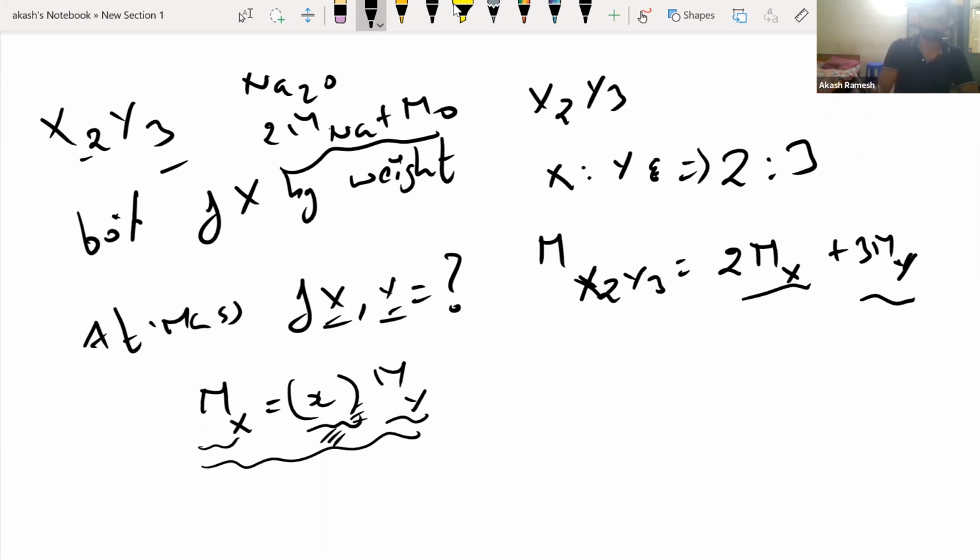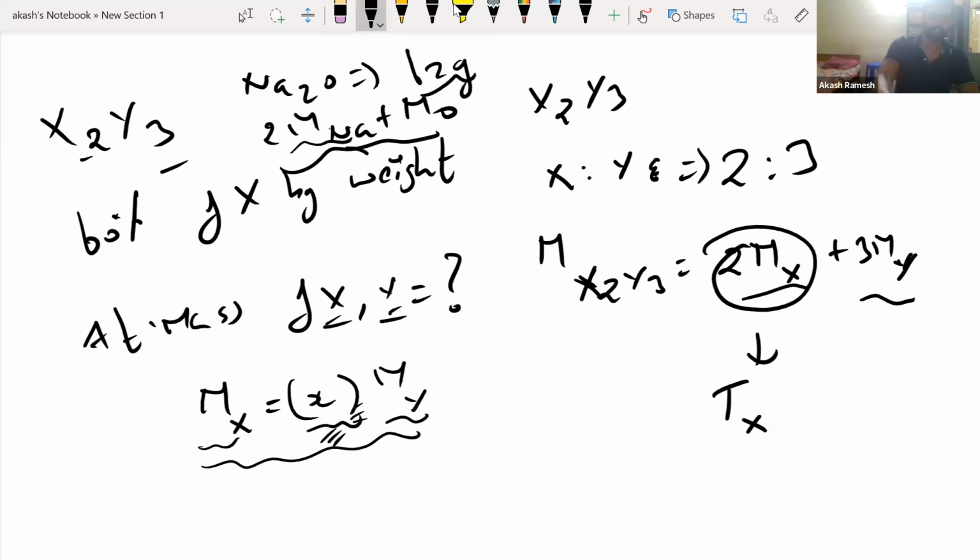Okay, now, see, now this total thing, I'll write it like this. This is the total mass of X. 2 into atomic mass of X is the total mass of X present in this sample, in this formula. Or it's like this: if I write the Na2O formula, I can write it as 46 plus 16 would be 62 grams. This is the total weight, right? In that, 2 into atomic mass of sodium, which is 46 grams, is the total mass of sodium present. Hope you're able to understand what I'm trying to say here, right?